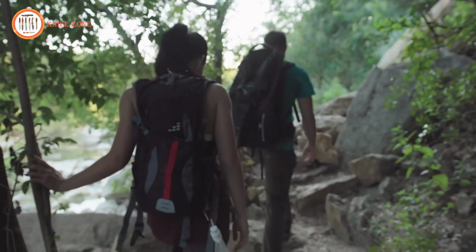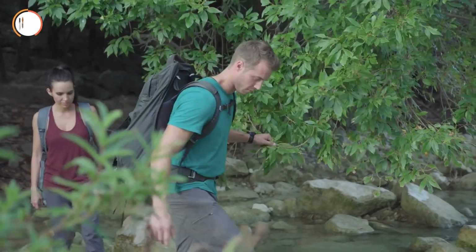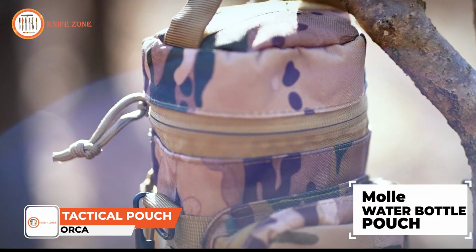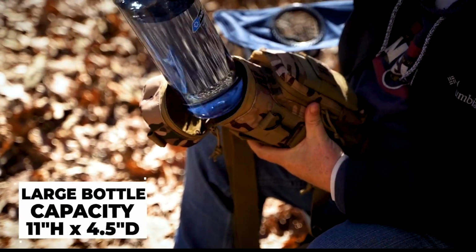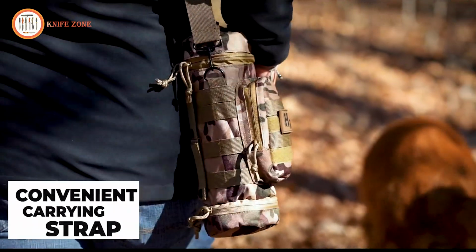Staying hydrated while on the go is crucial for any adventure or daily activity. The Orca Tactical Molle water bottle pouch is a versatile, heavy-duty carrier designed to fit most bottles up to 40 ounce. Measuring 11 inches in height by 4.5 inches in diameter, it offers ample space in a lightweight and compact